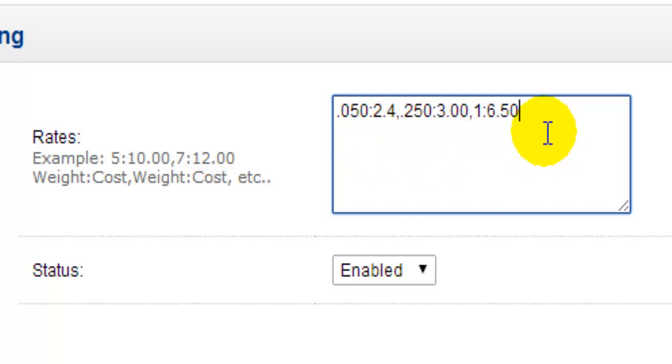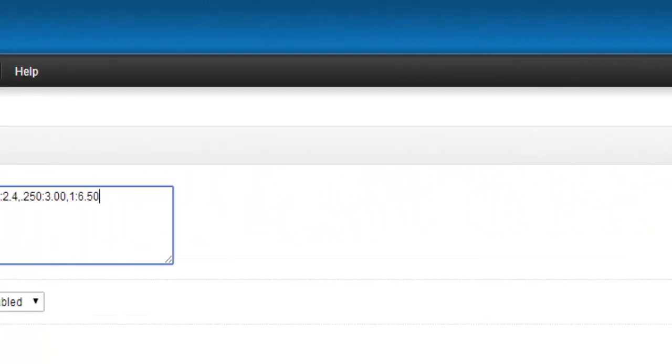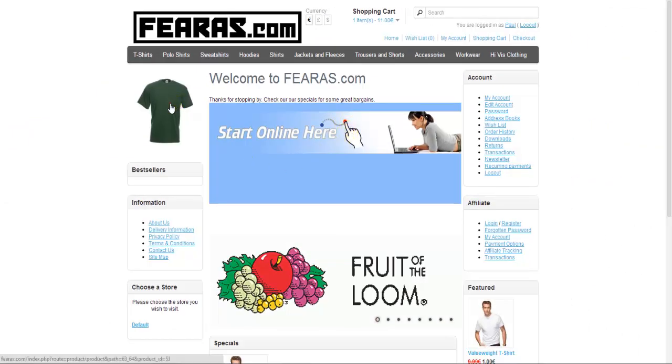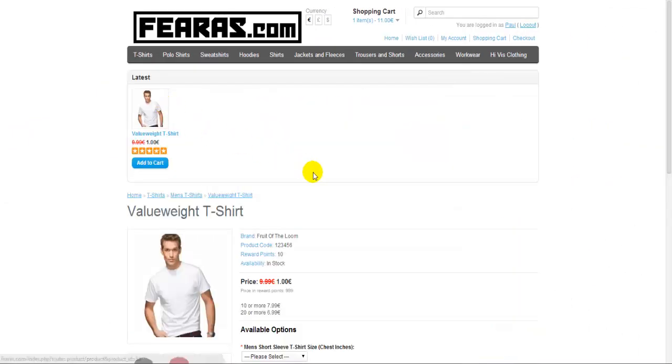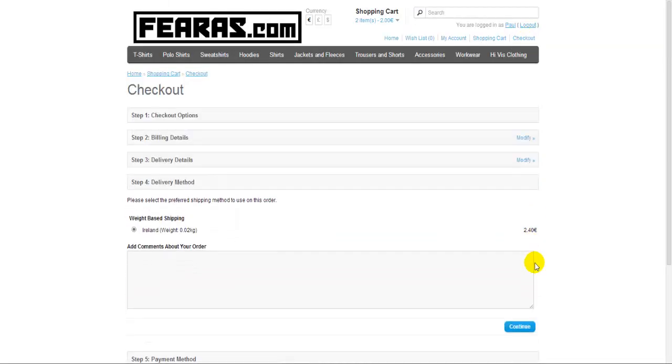Now unfortunately I don't think there's a fast way of doing this, but at least you will be sure of the latest postal rates by doing this. This again will be something that may need to be maintained from time to time. So simply when we've done that, we click save and we go over to our storefront and we proceed to make a purchase just so that we can see the shipping rates at work on the checkout page.